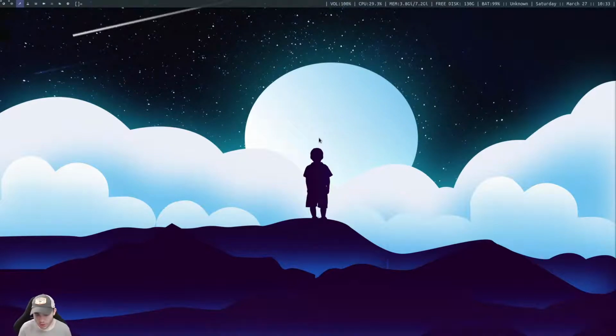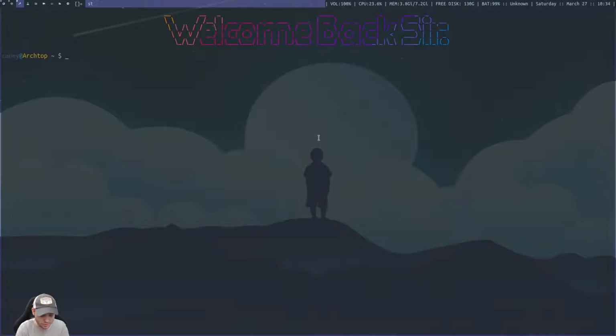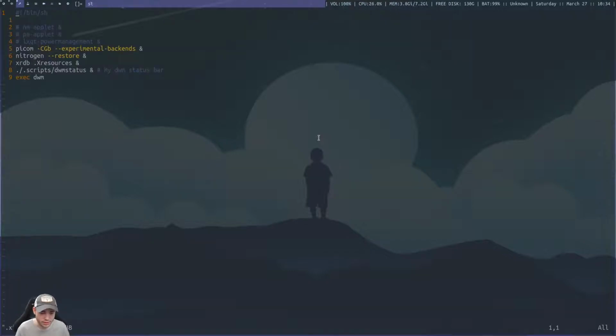So when I launch up my Linux system, I just enter my username and password, and after I do that, it essentially runs a script really fast, runs startx, which is a command that just runs my .xinitrc file, and I can start up any programs through this script here.